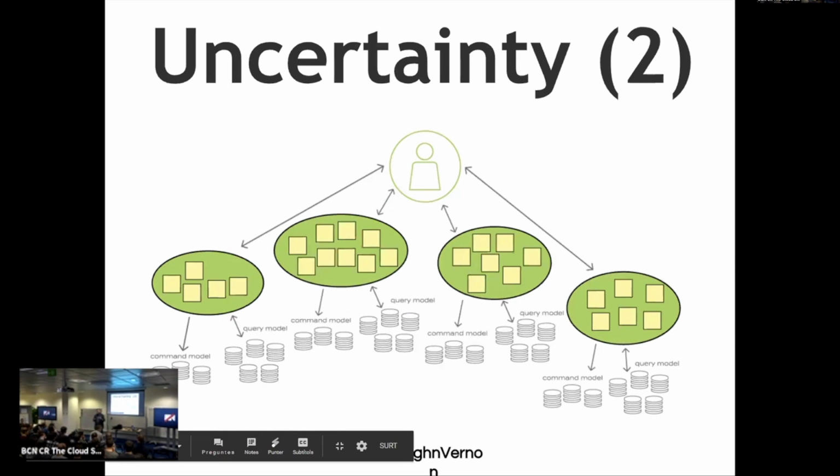Well, actually, there's a way to free your mind from this, because we can model the uncertainty right in each domain model. We can make it part of the business process. We can, because we are working in distributed computing, and so we can model it as part of the business understanding.